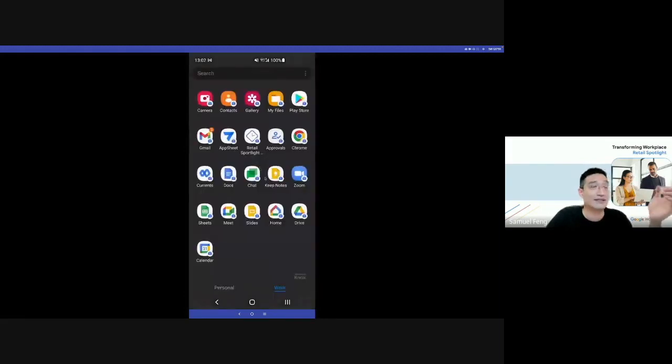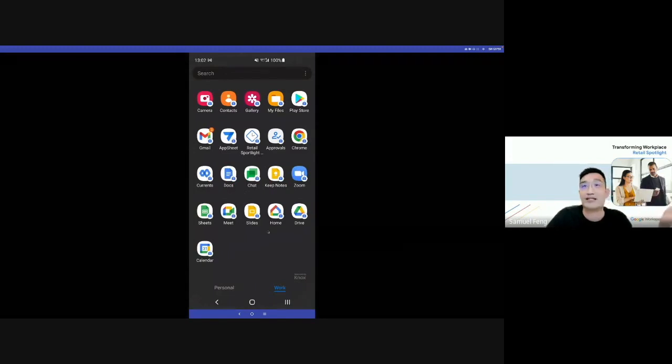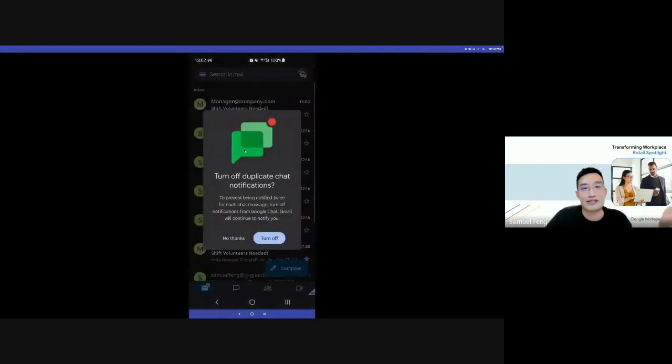And here, when I start my mobile phone, I can go to my Gmail, and this is the managed profile. By the way, this is MDM managed by Google Workspace. So you see the work profile on the right bottom corner. All these apps are managed by Google Workspace. You can control the data security here, including pushing the app, right? So here, if I start the Gmail,